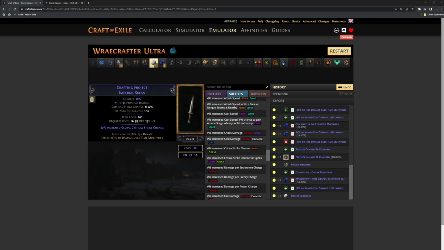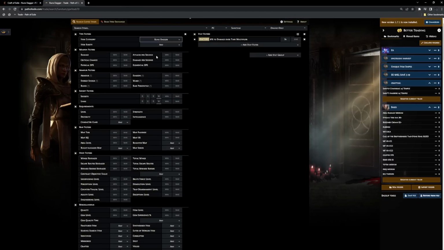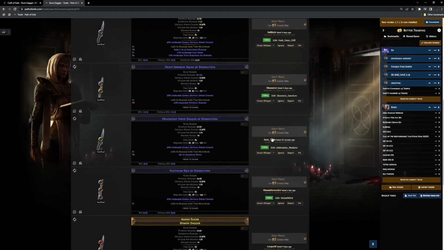If we want to do a scepter, I'll go over how you could do it on a scepter later, but this is what we're going to do. So you want to buy a rune dagger off of trade with fractured dot multi. You could do 24%, you could go up to 26%. You do rune dagger in the box. And notice these are really cheap. 10 chaos, 15 chaos,